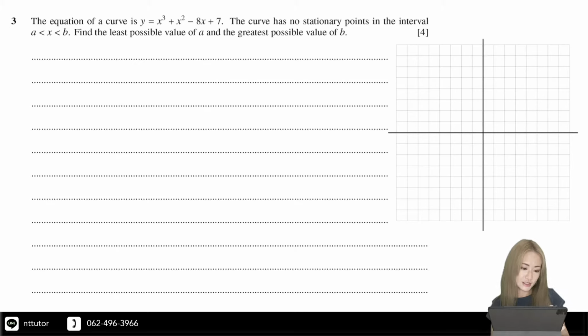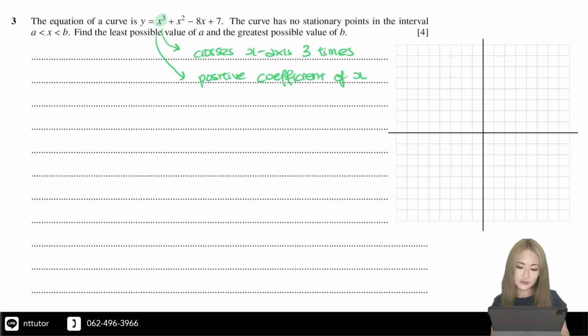So since this curve begins with x to the power of 3, we know for sure that this polynomial will cross the x-axis a maximum of 3 times. And the coefficient of x cubed is positive as well. So if you roughly sketch the graph, it should go from bottom left to top right and cross the x-axis 3 times. So it will roughly look like this,